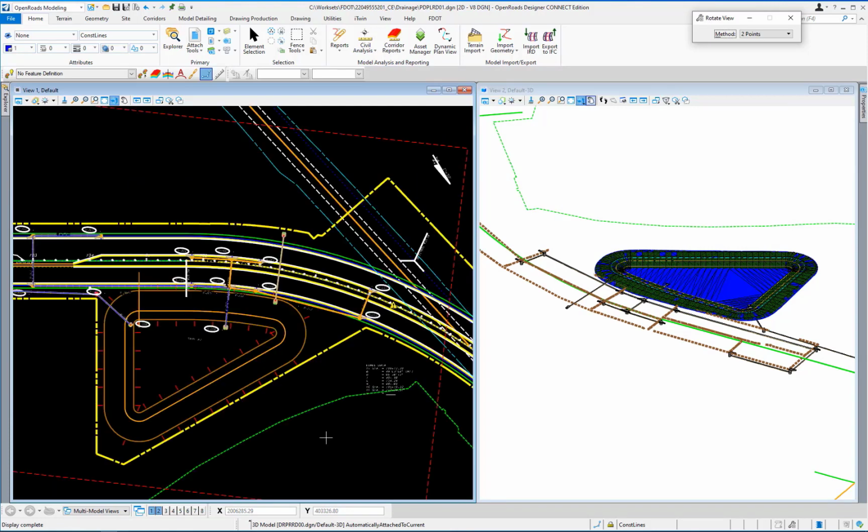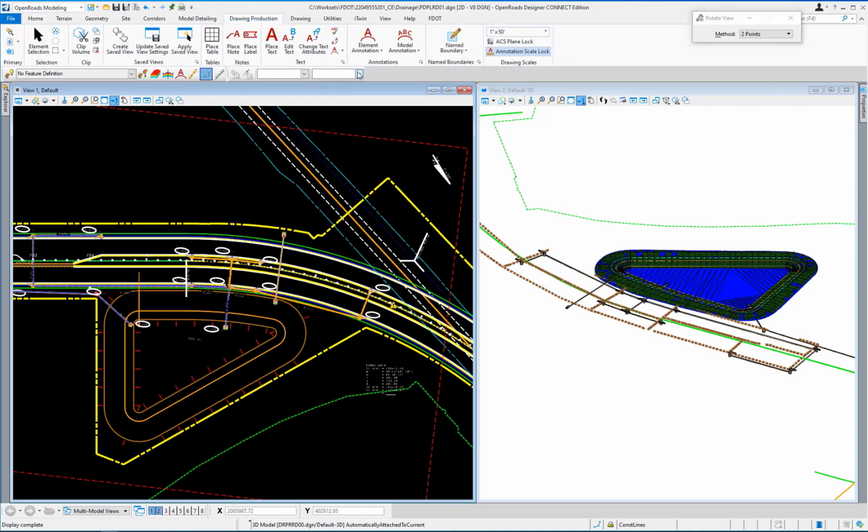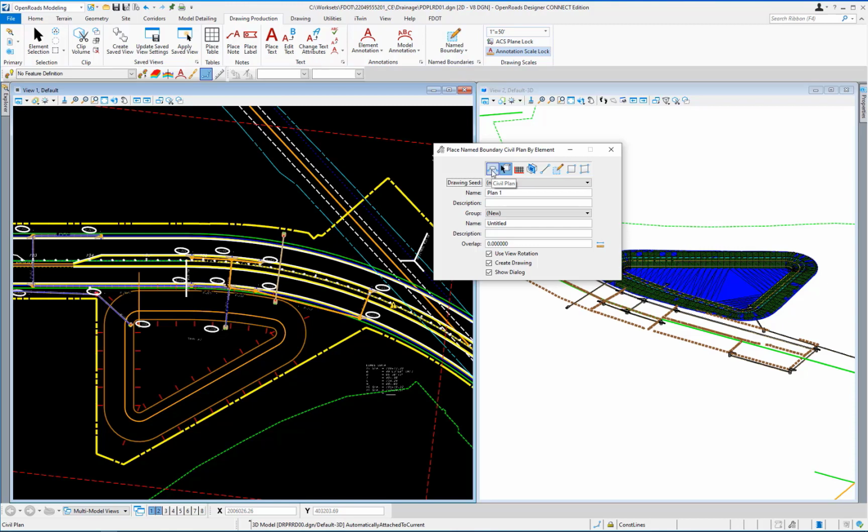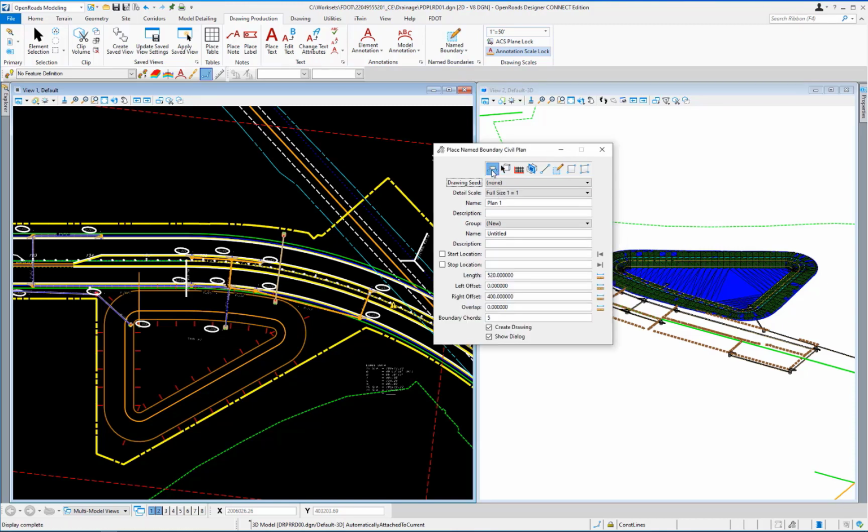Go to the Drawing Production tab and in the Named Boundary group, left-click on the Named Boundary dropdown. Select the Place Named Boundary tool to open the Place Named Boundary dialog box. Choose the Civil Plan option and left-click on the Drawing Seed dropdown.